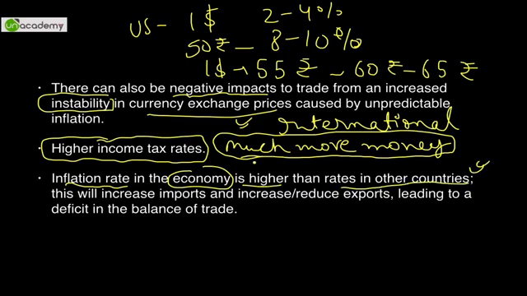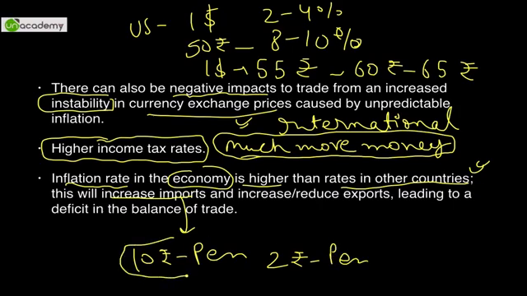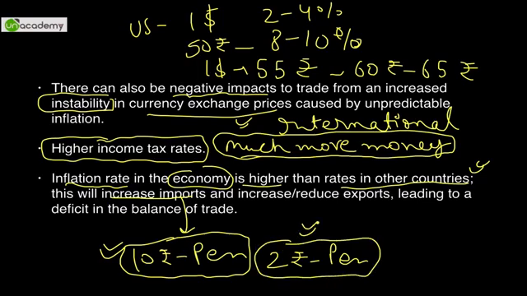Then again, if the inflation rate in the economy is higher than rates in other countries, what will happen is you will increase imports. See, very simple. In your case, it takes 10 rupees to make a pen, but in China, it takes 2 rupees to make a pen. Why does it take 10 rupees here? Because of inflation, the money value is eroded. So you will obviously try to import these pens from China. Even if it is 100% duty, it will just become 4 rupees, right? Even if it's 200% duty, it will become 6 rupees. So in that case, you will try to import it,